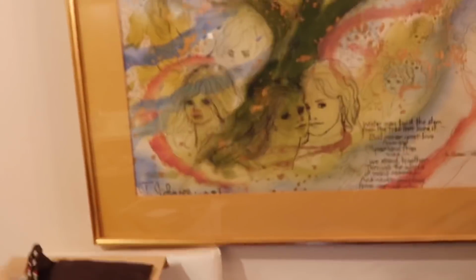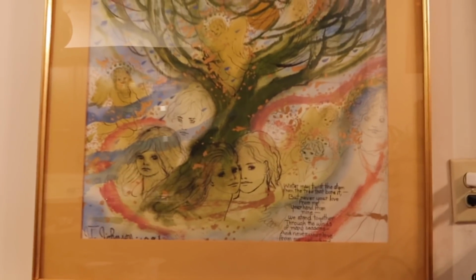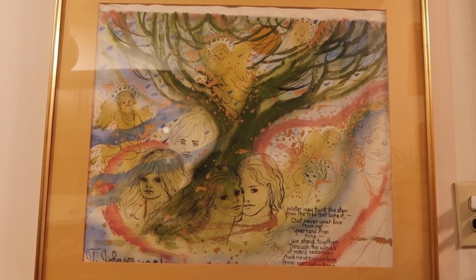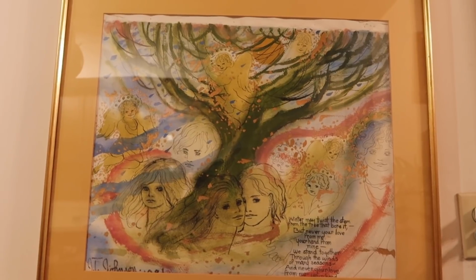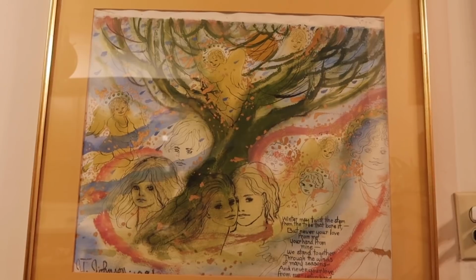But anyway, this is one of them that my mom had. And it says, "Winter may twist a stem from the tree that bore it, but never your love from me, your hand from mine. We stand together through the winds of many seasons, and never your love from me, your